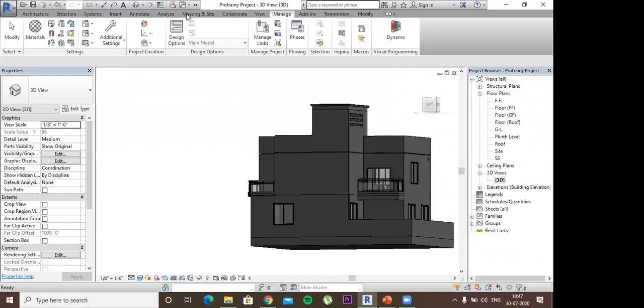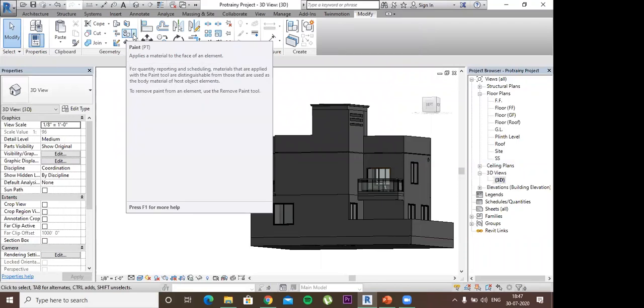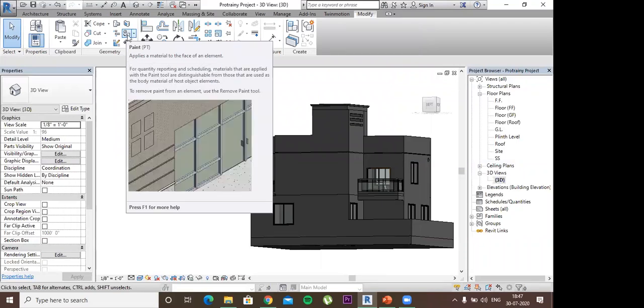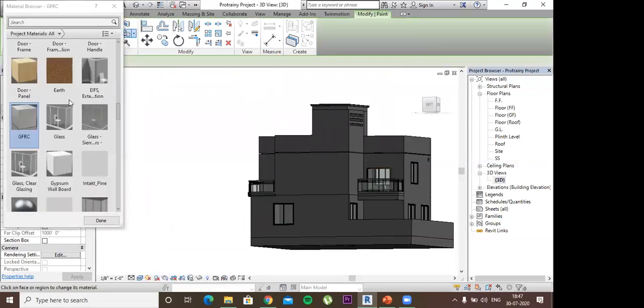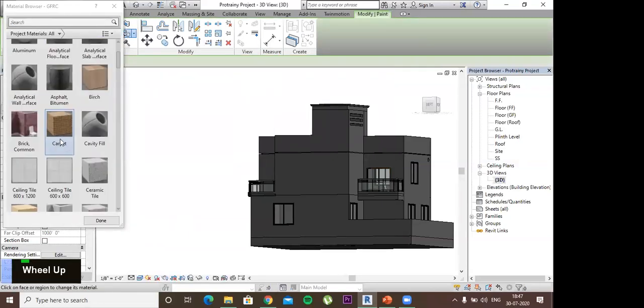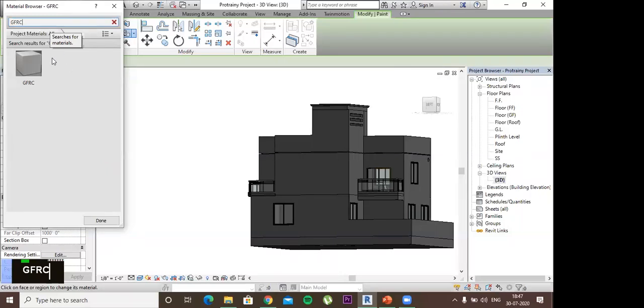Then I'll go to modify panel. Then there is this option paint. So I can paint that material here. When I'll press this, a small material browser will open on the left side of my window. Then I have to type GFRC, the material I want to paint here. I'll click this and click on the wall. I'm not dragging and dropping it.